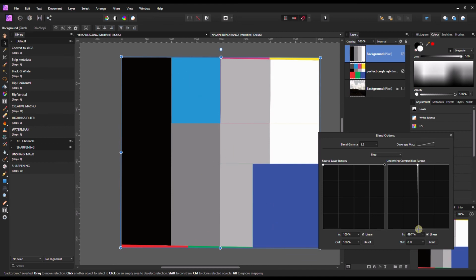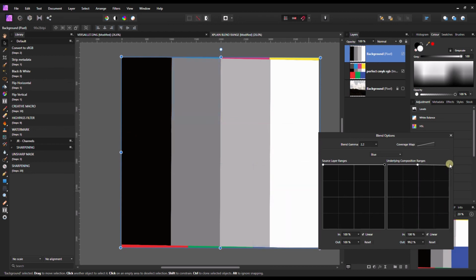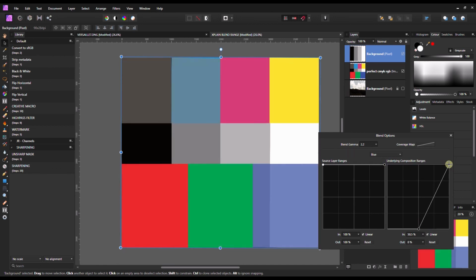So that means we established that if this was the effect on your landscape photo and you have decided to protect your blue sky and the blue ocean and apply an effect on everything else, you can easily do that, no stress. Or vice versa. You have an effect and you want to apply it only on the blue and protect everything else. Check this one out. I'm going to pull this one down. You don't see the blues anymore. That means this effect is being applied on the blue channels, but you are protecting all the other colors.